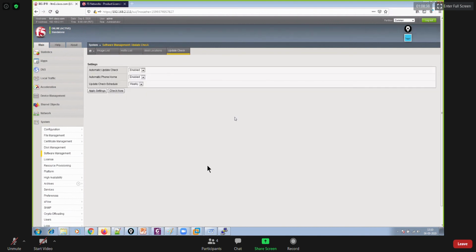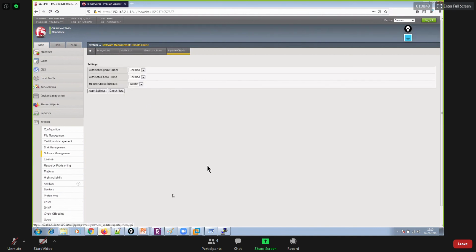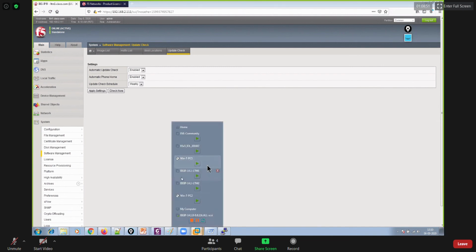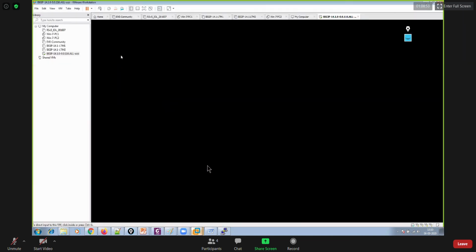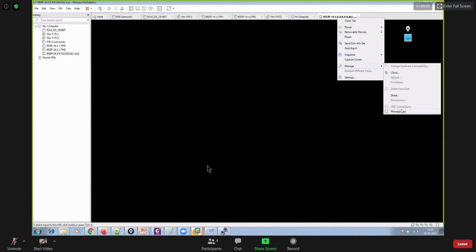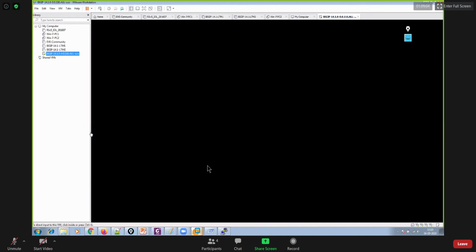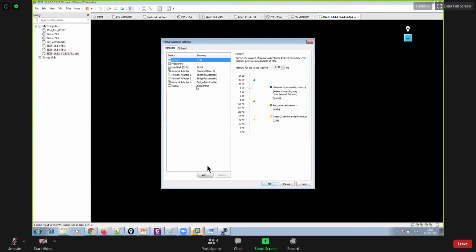Update check. If you have internet access over this interface, then you could also check the updates, right? So let me do one thing. Even I can perform that now, right? So let me just have internet access on this machine. To do so, I'll change its switch settings, and thereafter, here we go.